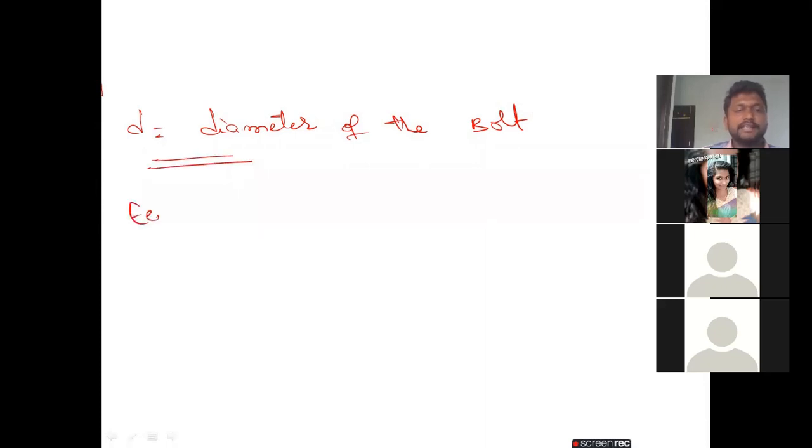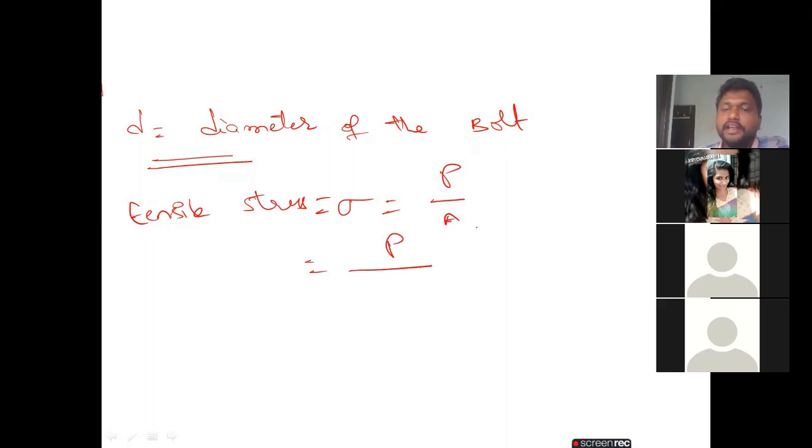The tensile stress, what happens? What is the stress formula? Anyone? Stress, sigma. Please, force by area. Load by area. So this is a load P. Area means, when it is the diameter, it is in circular position. If it is a rectangle, we will take L times B. Okay, it is a rectangle. But if it is circular, what is the area? Formula for circle?